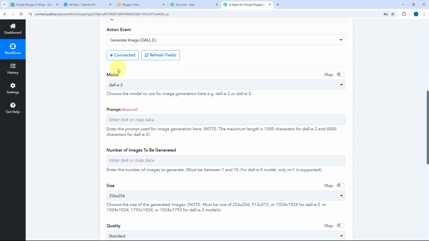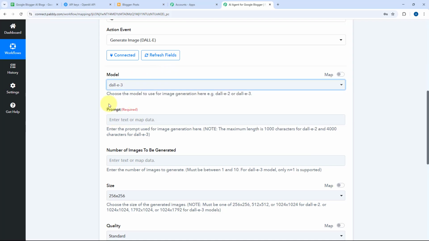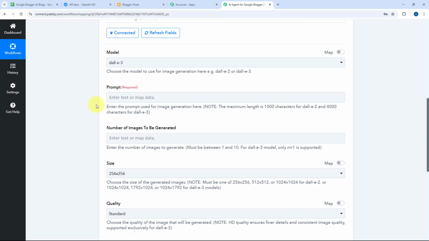After making the connection, it is asking us for the model. So in this dropdown, we have two options. Either we can generate the images using DALL-E 2 or DALL-E 3. So let's say I will be using DALL-E 3 as an image generation model to generate the images. Then it is asking us for the prompt, that what is the image prompt we want to give to OpenAI